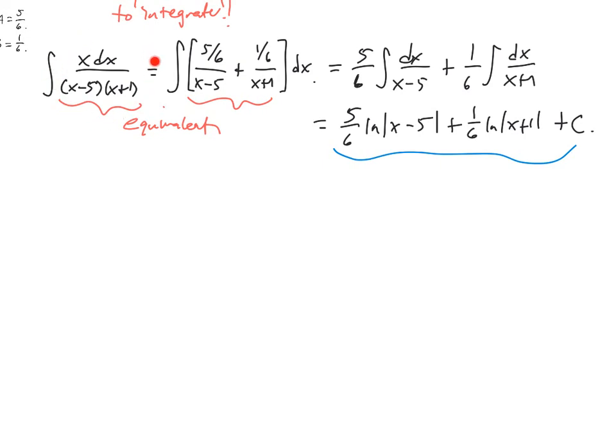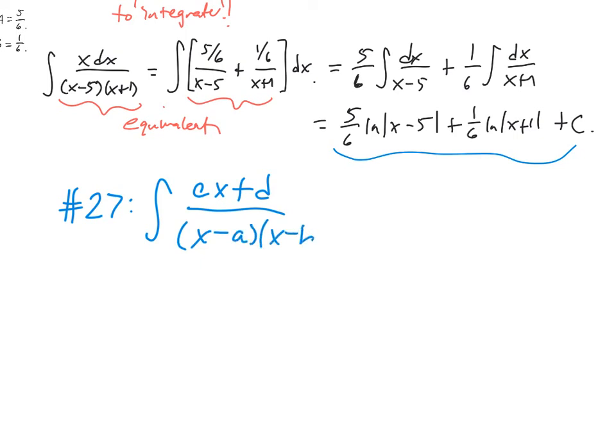In fact, you might want to pause the video and see if you can track it down. It's not quite obvious when you look at the table. There is one that works, but it doesn't quite look the same as this. You have to be a little bit flexible in your reading of the table. But there is a rule. That rule is number 27 that says the integral of cx plus d over x minus a, x minus b, dx, that's equal to,